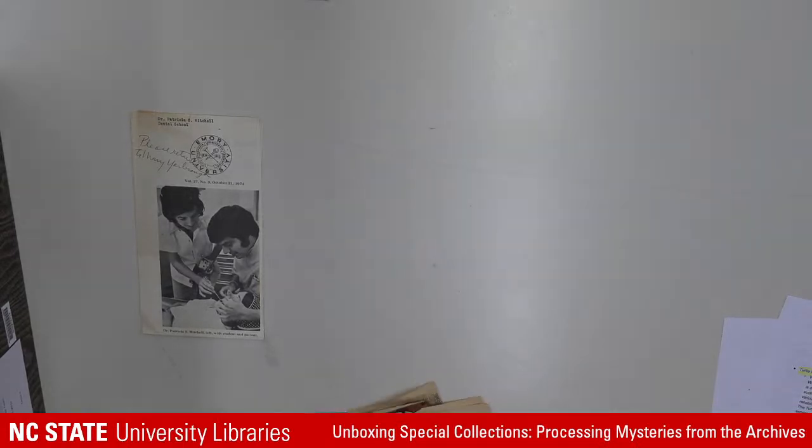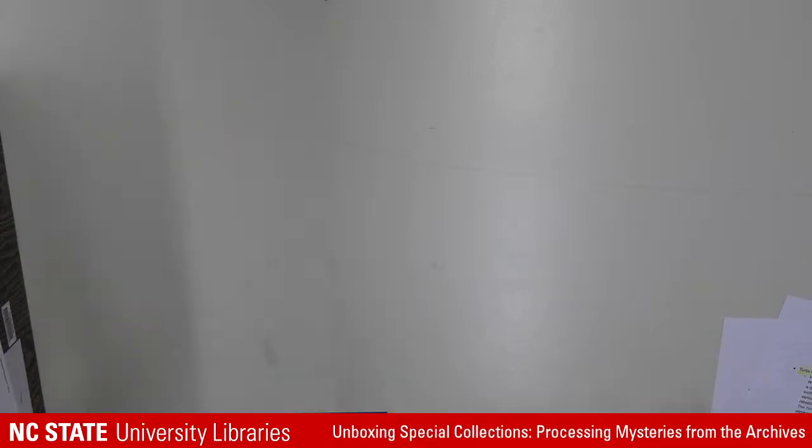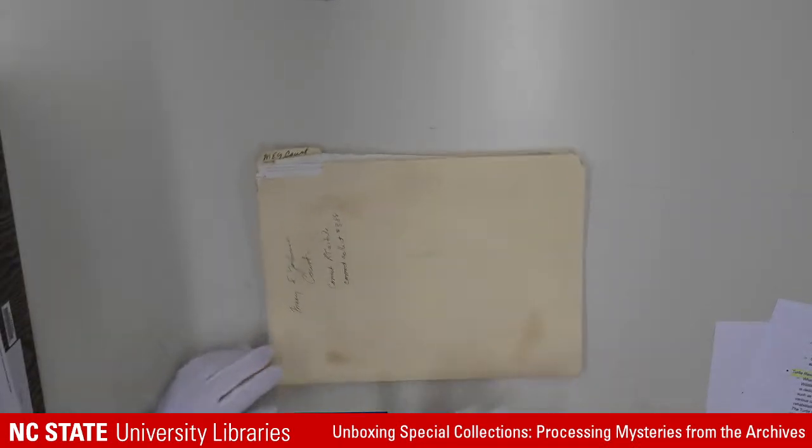Yes. Not to say that we don't sometimes make decisions slightly differently, but it's definitely a consideration. Original order is something we consider, whether there is much of an original order or sometimes not much. And this is the last example we have from the Mary Yarborough papers,